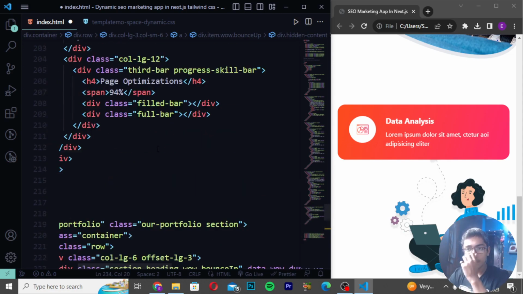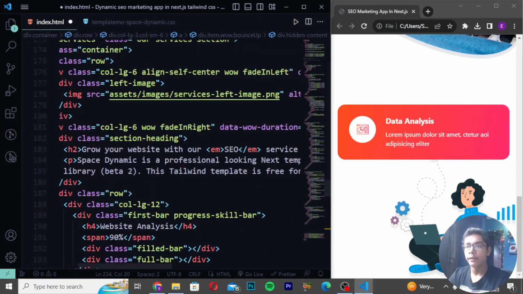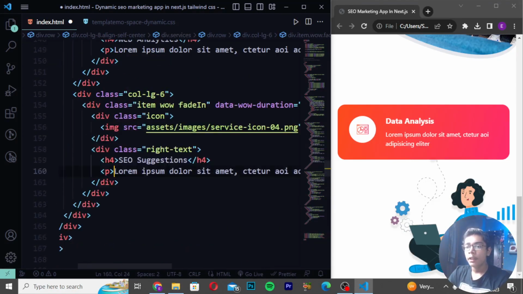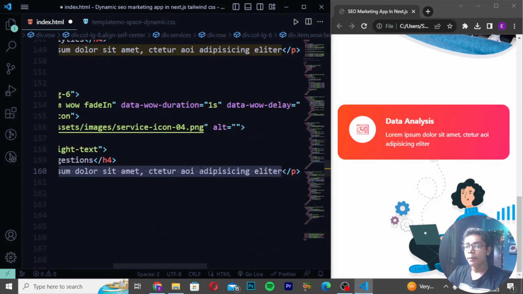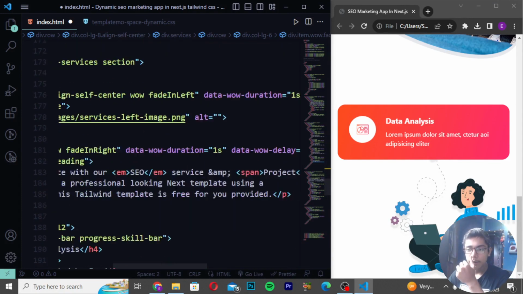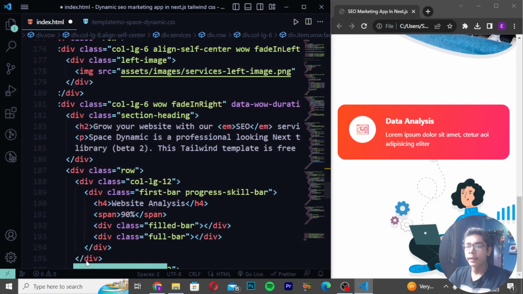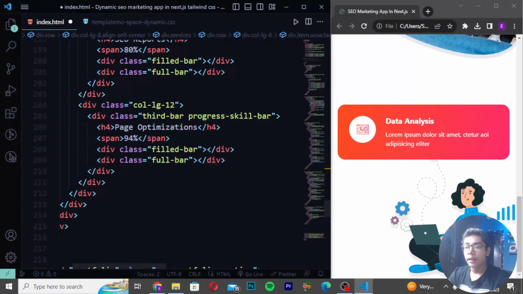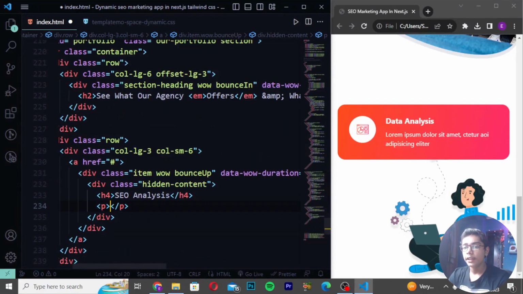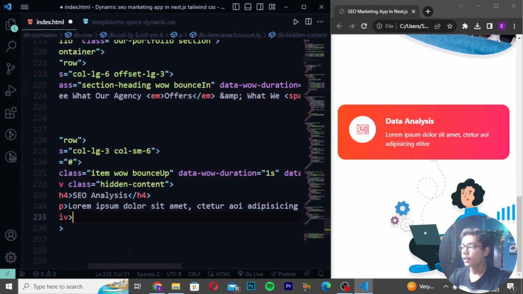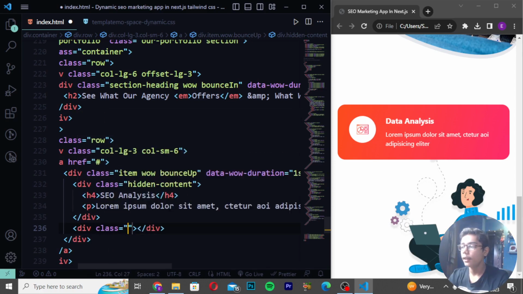Then here you have to move at the top, and you can see we will be getting one text here at the top like this one. So simply I will be doing one thing, I will be copying this text here, pressing Ctrl C, or you can right click and copy this as well. And after doing that step, you have to simply move down, and after moving down, just paste the text here. After pasting this text here, simply you have to move after one div, create div class again,